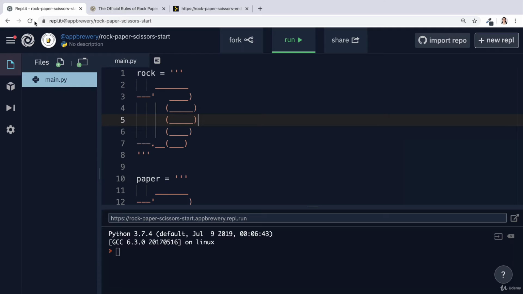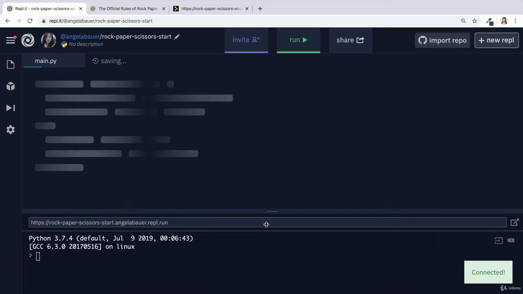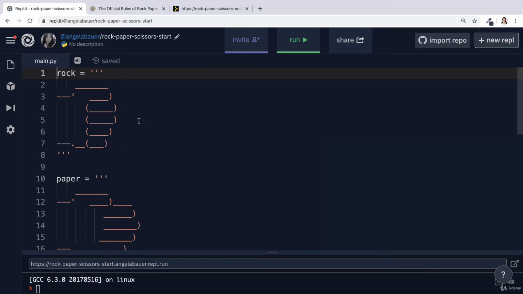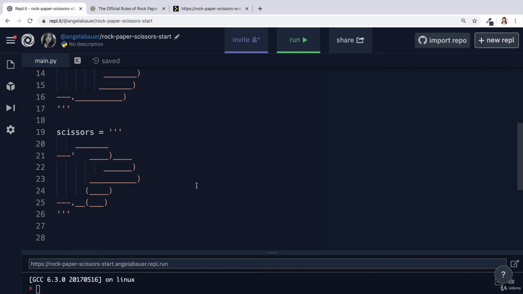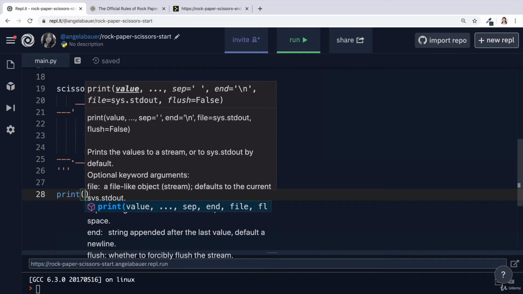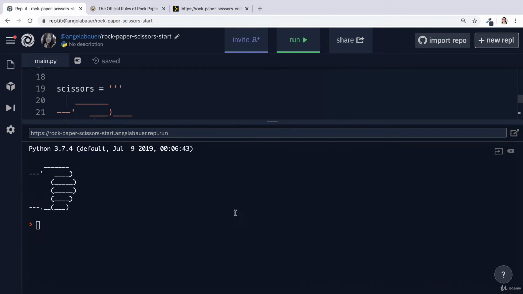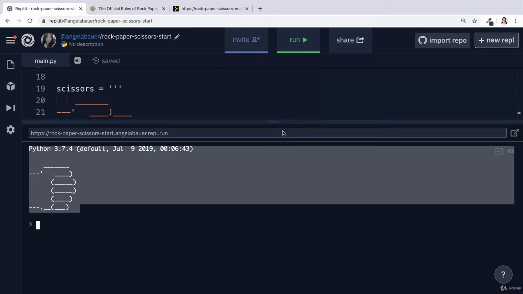Having all of this in mind, head over to replit/@brewery/rock-paper-scissors-start and go ahead and just fork the starting project. Now, you'll notice that in the starting project, I've already got the ASCII art for rock, paper, and scissors in here, and they're each saved to a variable. So what that means is that you can start out by just having a go at printing out, let's say, rock. And remember that these are variable names. They're not strings, so they don't need the double quotes around them. So let's run that, and you can see what we get printed is the particular ASCII art that I chose